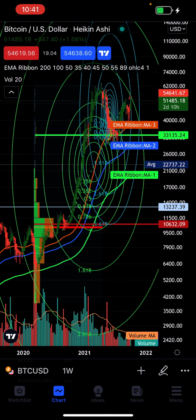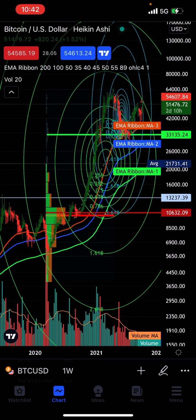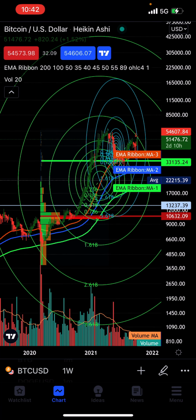You see, I have the volume. I got the industry-exclusive Vincenzo volume indicator, right? And you can see where from this last part of this bull run here,